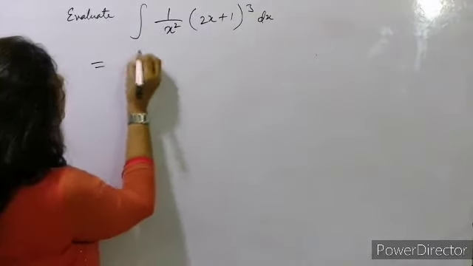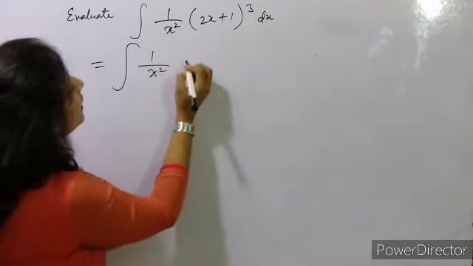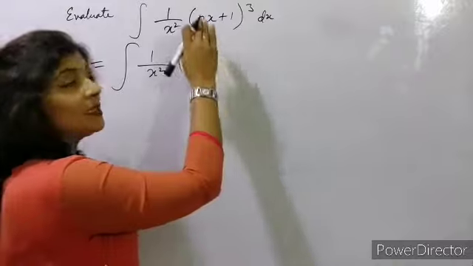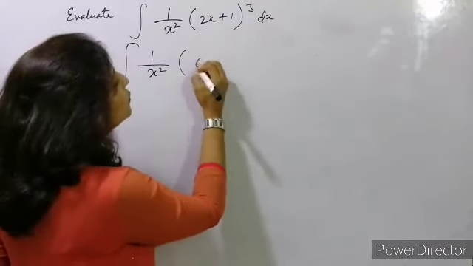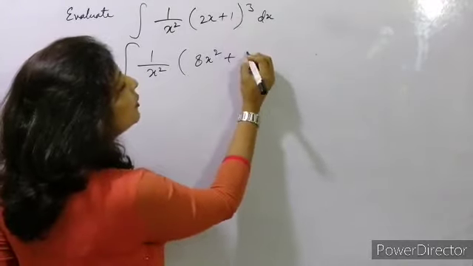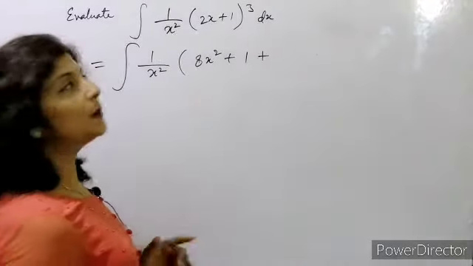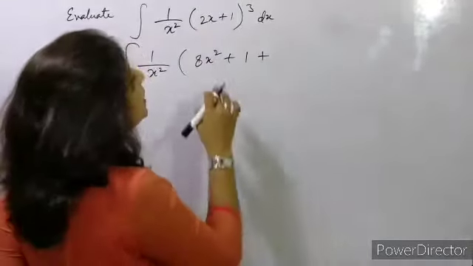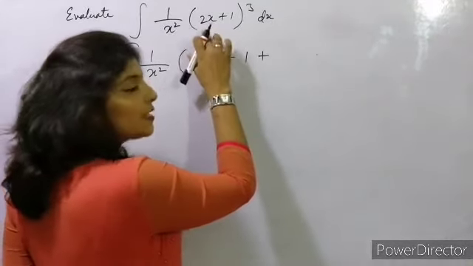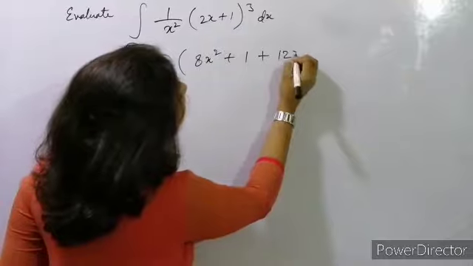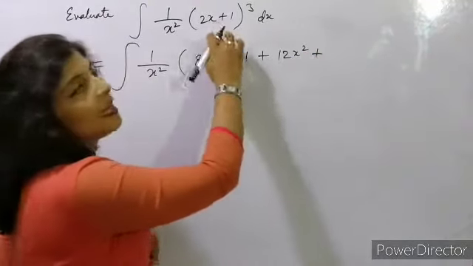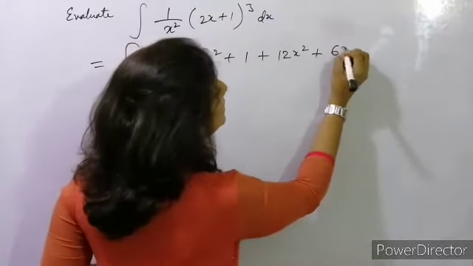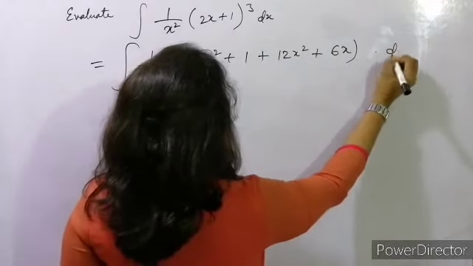So first of all, what we can do, हम break कर देते हैं. Okay, (a+b) to the power 3, उसका फॉर्मूला क्या था? a cube plus b cube plus 3a²b plus 3ab². So a cube value is 8x cube, plus b cube 1, plus 3a²b. 3 into a square is 4x², so 12x², plus 3ab², 3 into 2x into 1 square, so 3 into 2, 6x. Okay, so ये हुआ into dx, ठीक.